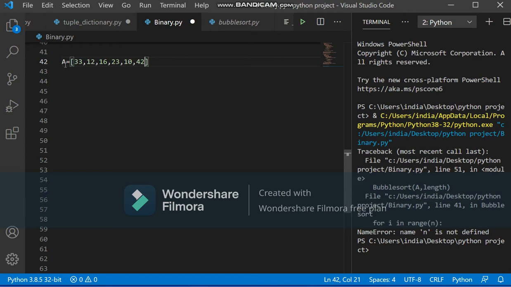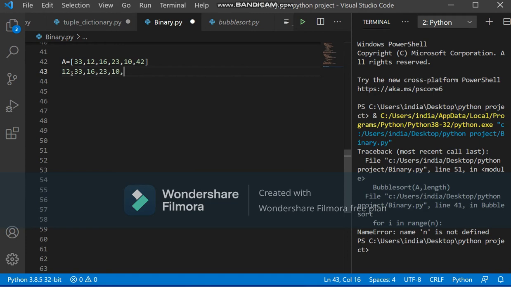Now what happens in case of bubble sort? As the name suggests, bubble sort. First we compare the adjacent elements, and then if the first one is greater than the second one, we swap them. That means 33 and 12, the first two elements, will be compared first. If we are arranging this in ascending order, definitely 12 and then 33 should be the sequence. So that's why 12, 33 and the rest of your list will go as it is.